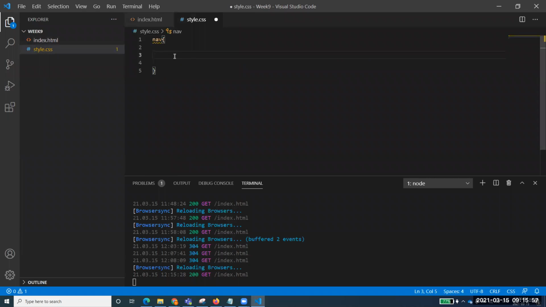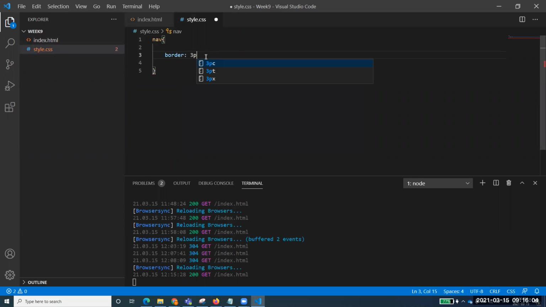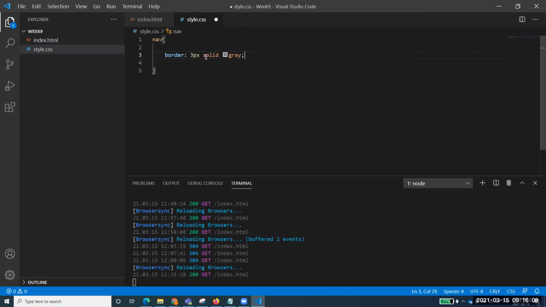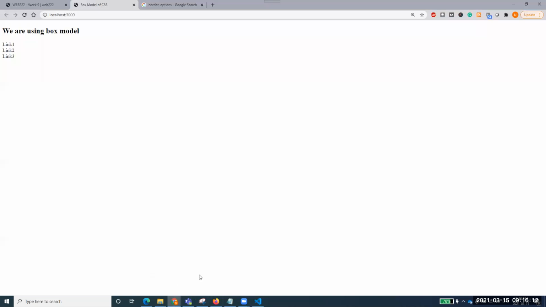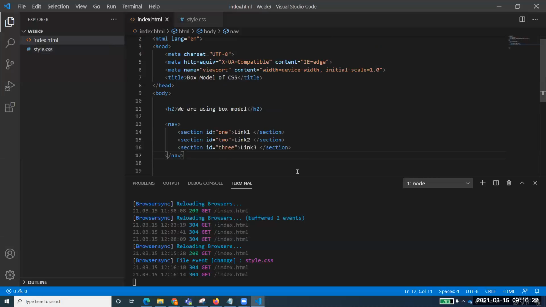So how can we work on that? If I say the same things that we were implementing temporarily, now we can implement it permanently. If I say 3 pixel, solid, gray, I am just giving that style to it. And let's run our document. But it's not applying. Why is it not applying? Other than Khushwant, can anyone answer why it's not applying? Look at my code, it's not applying that style sheet.